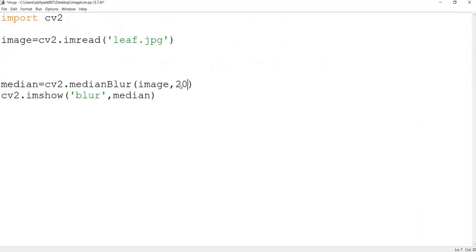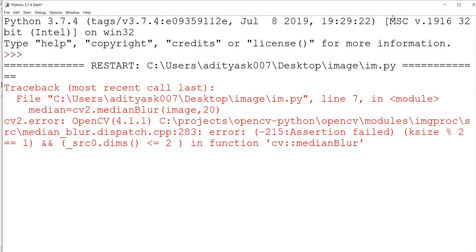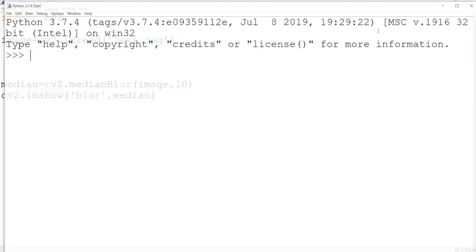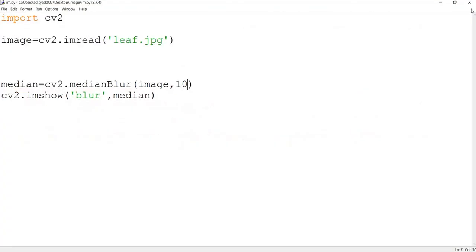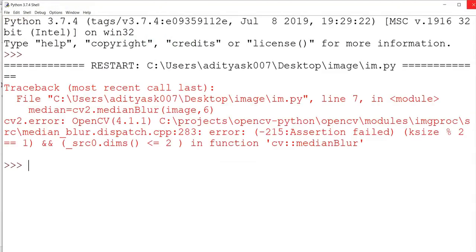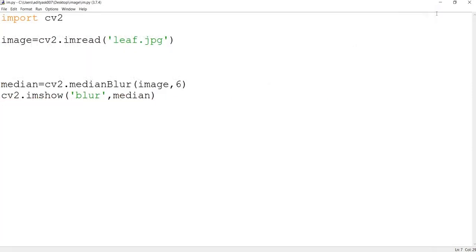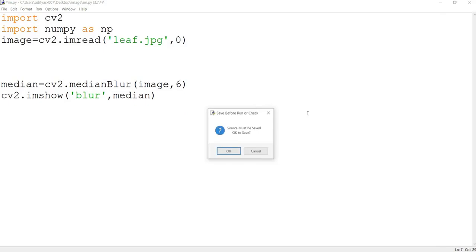Again, if you use a size of 20, okay, 20 is a very large value, so it is getting out of dimension. So I will use 10. Okay, 10 is also a problem, so you can use 6. Yeah, the reason we are getting an error here, if I type in 6 or something,